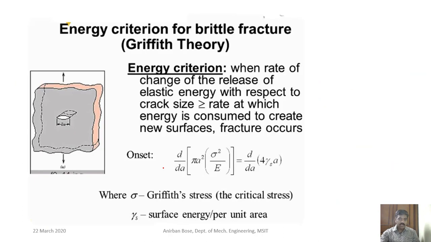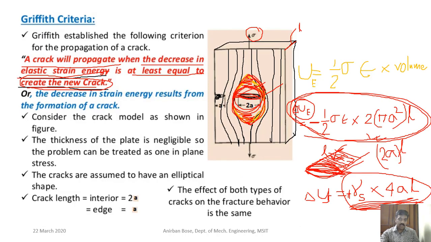Now, this is basically done in this way: what is the change of energy, and whether it will be stable or unstable. We are talking about whether the crack will be stable or unstable, right? If the crack is unstable, then the crack will propagate, and if the crack is stable, that means the crack will be present within the material, within the component, but it is not going to propagate. Okay,